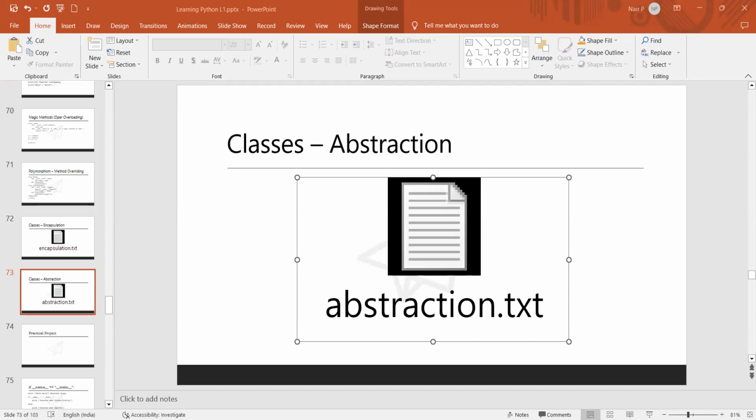where we use the ABC inbuilt class of Python, and we use a decorator, or a keyword, called abstract method. And that abstract method should be there in all the child classes. This is what abstraction is. These are the four properties